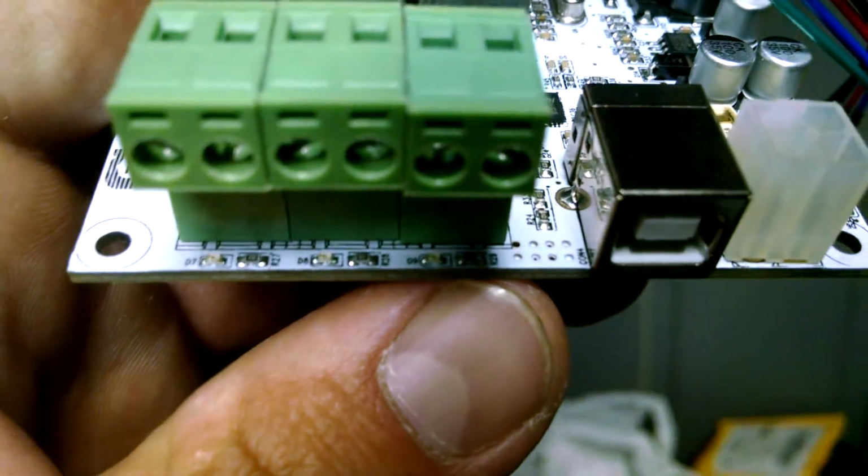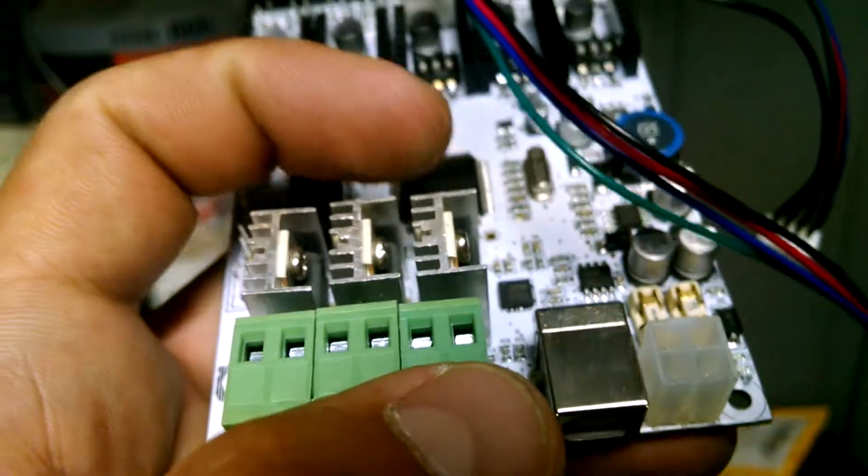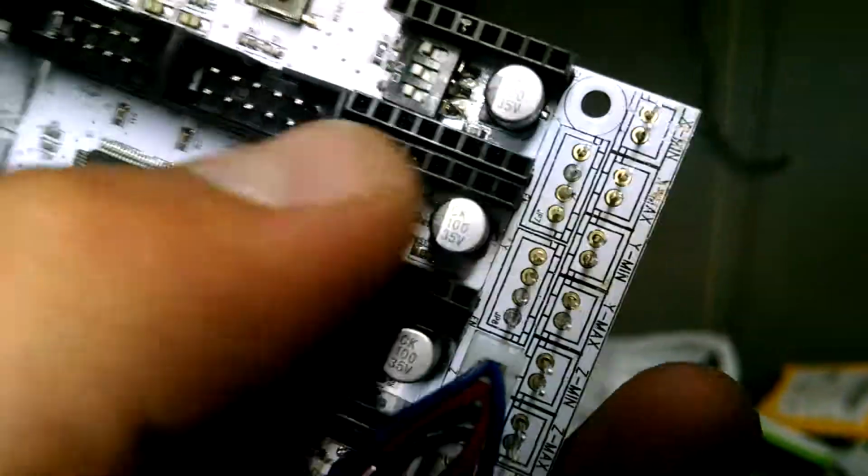And of course they got the screw terminals for the heat bed, and extruder 0 and extruder 1. And these are actually heat sinked. So I think a little better control, simplified board. There's no need for jumpers. You can just flick the switches, which is a beautiful addition. So go from there and